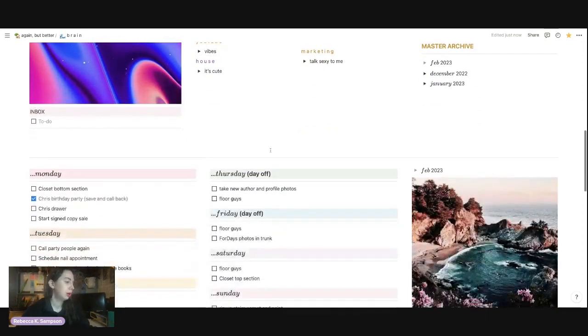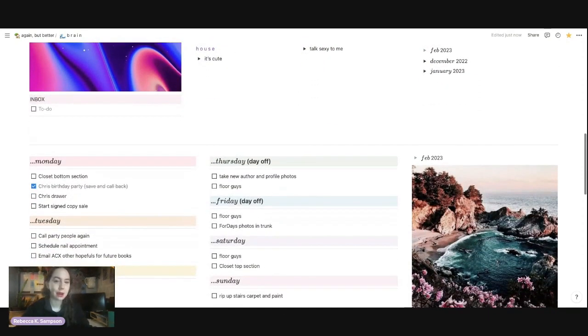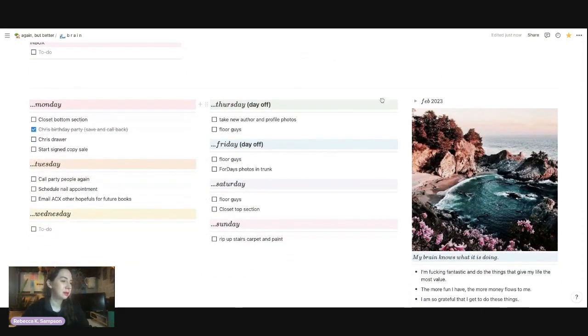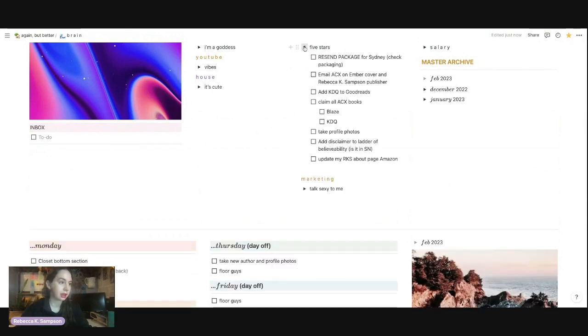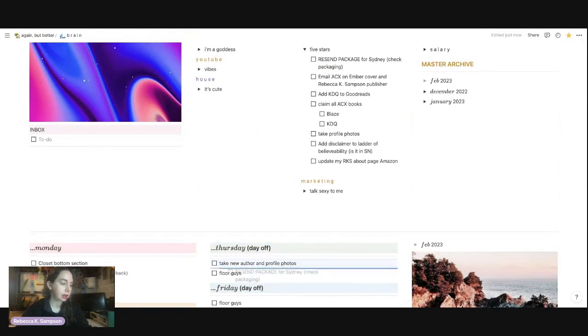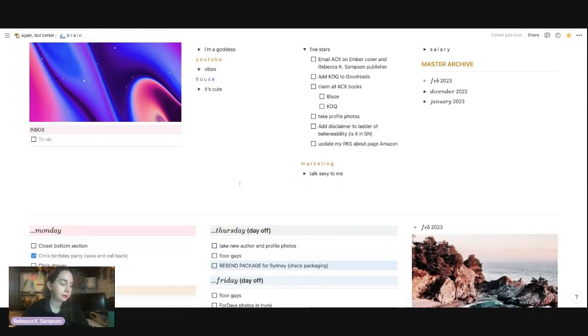So yes, now what else do I need to tell you? I have everything set up here to be able to go into the archive. Sometimes there are things that are repeated from here to here. I try in general not to repeat too much. If there's something that I need to do here, like resend packages, I know that I am sending packages to Sydney on Thursday, so I can move that into Thursday.